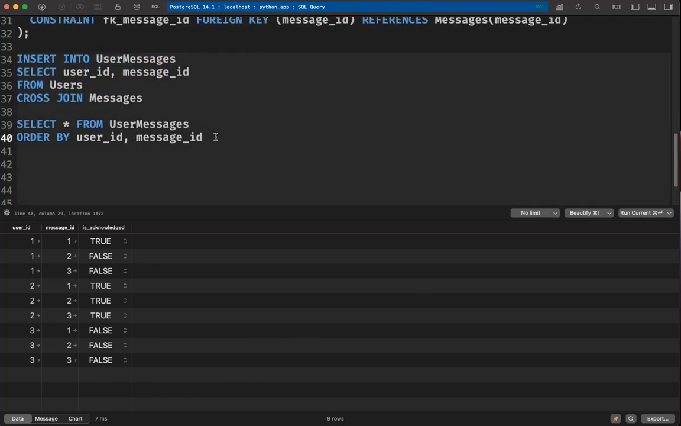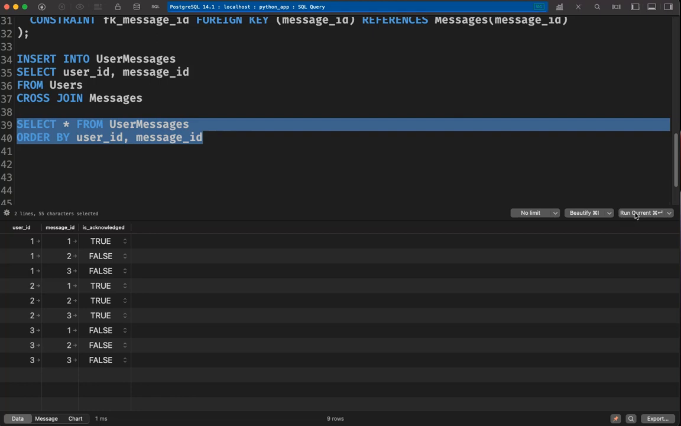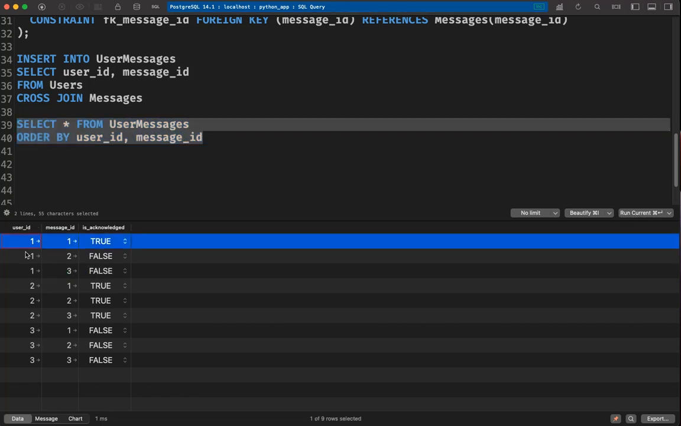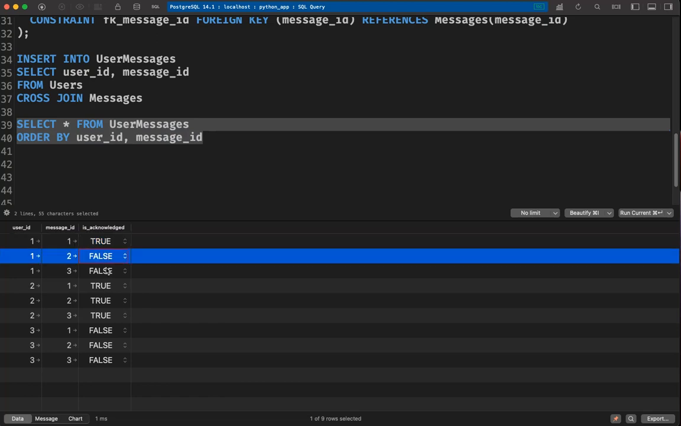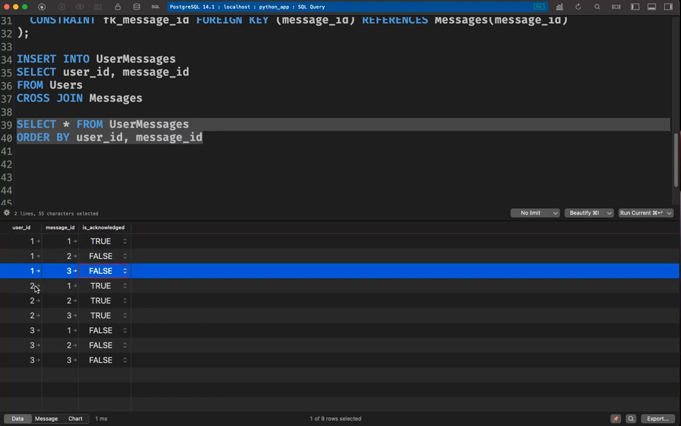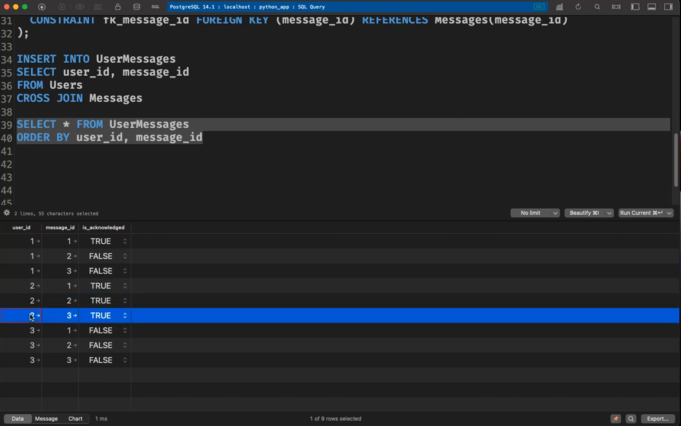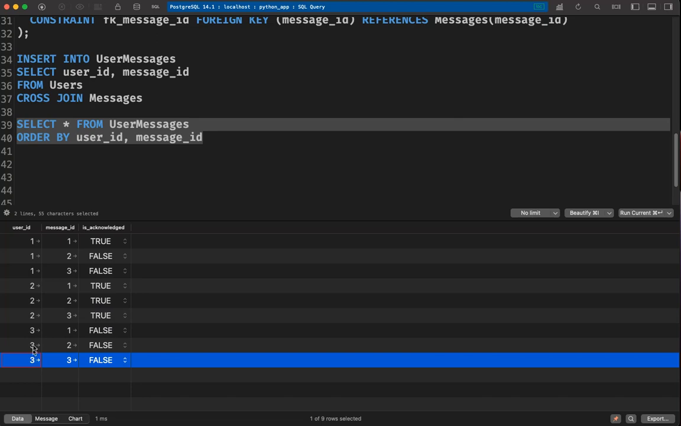If you query the user messages table, you can see the first user has acknowledged one message and the two messages he hasn't acknowledged. For the second user, he has acknowledged all three messages, and the last user hasn't acknowledged even a single message. Okay,